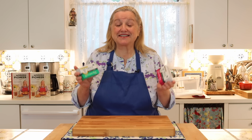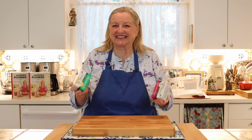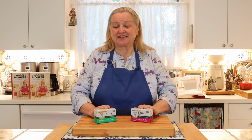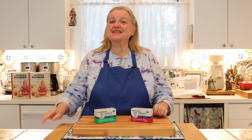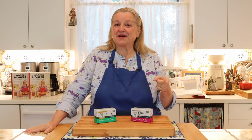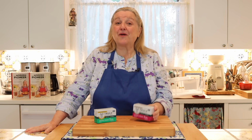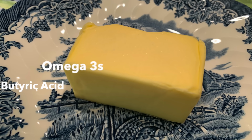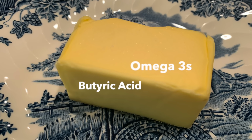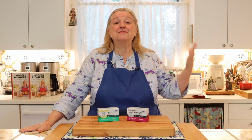So the good news is, if you like butter, and personally I'm wondering who wouldn't, but if you like butter, as I do, you can certainly add this to your list of anti-inflammatory foods. And yes, we're encouraged to eat a lot of leafy greens, but when we toss those leafy greens in butter, all the better, because not only do we have the omega-3s and the butyric acid that the grass-fed butter has to offer,